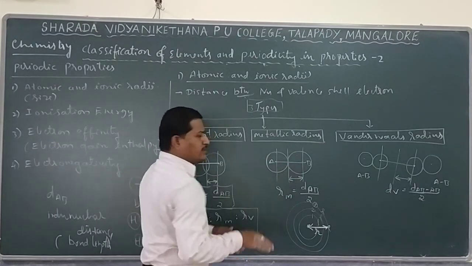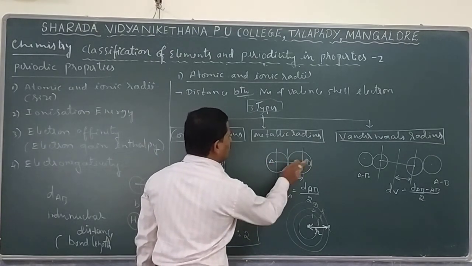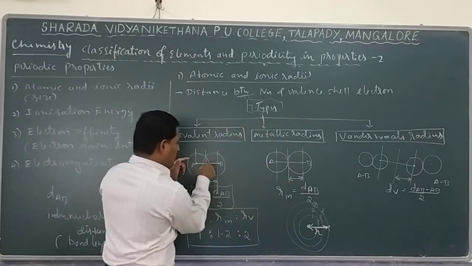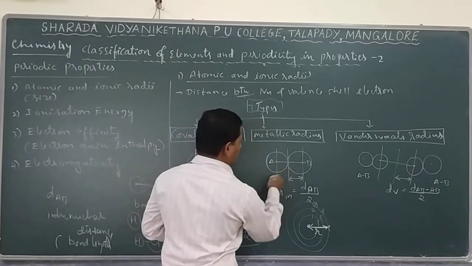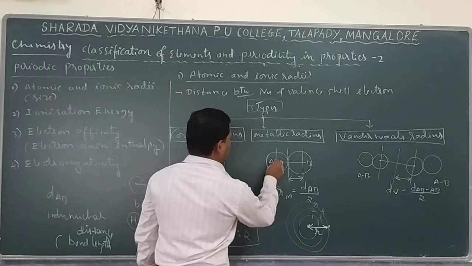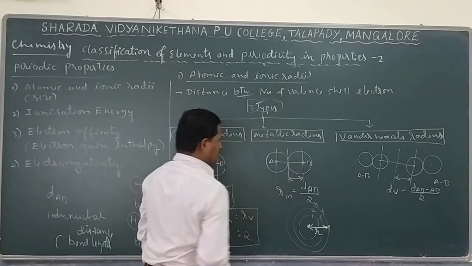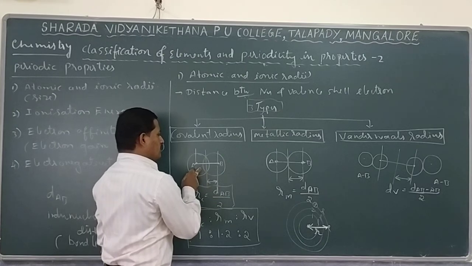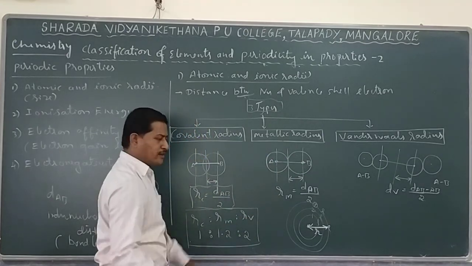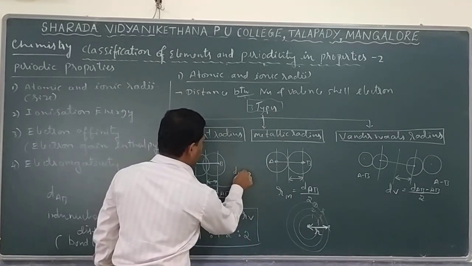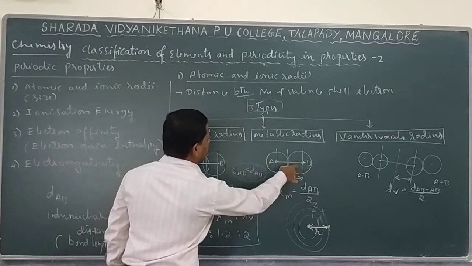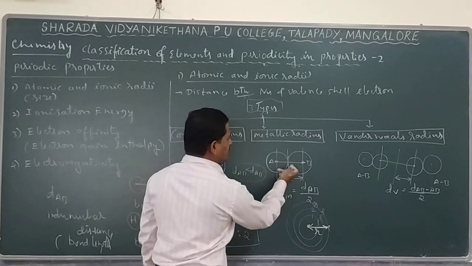Similarly, if the bond present is a metallic bond, let us say A and B are two metal atoms. Here there is no overlapping. There, overlapping means a strong bond is present, but here it is a weak bond. These two spheres or circles just touch each other. In this case also the internuclear distance is measured. Remember, DAB in covalent radius and DAB in metallic radius are different. Normally DAB in covalent radius is less, whereas DAB in metallic radius is going to be more. Clearly one can see this from the diagram.